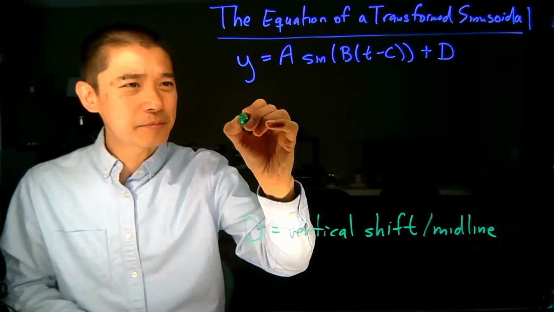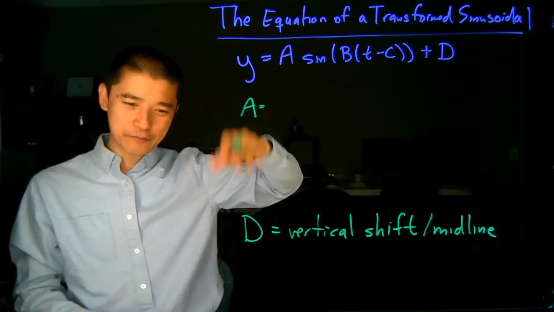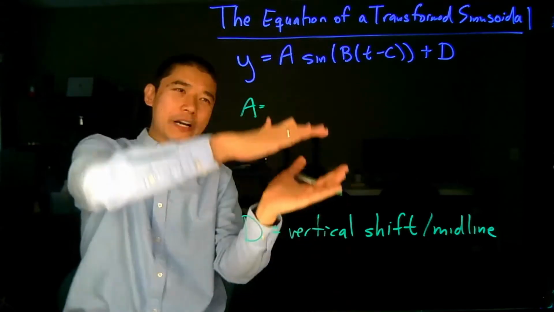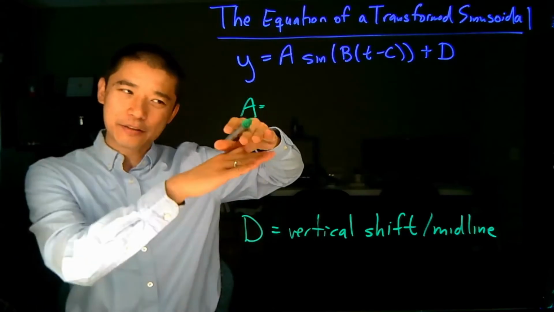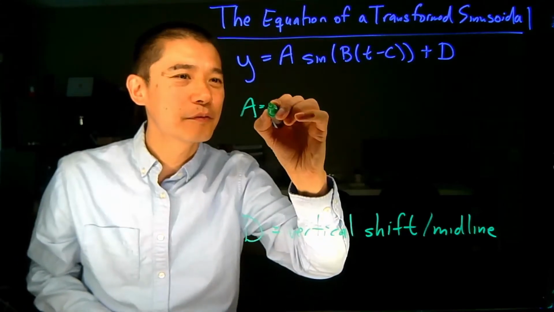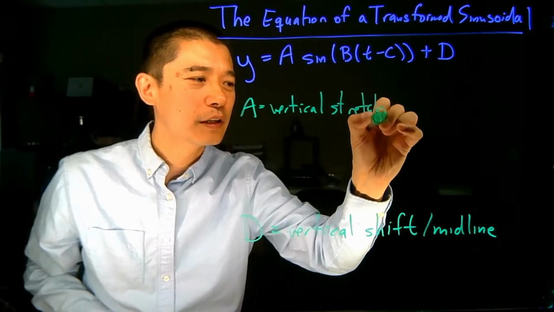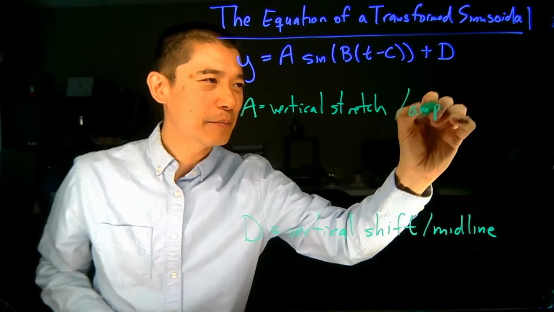The a is the next part we're going to look at. And the reason why we're going to look at this is because this continues in the sense of verticality, and is going to be either a vertical stretch or compression depending on whether a is bigger than 1 or less than 1. But a is the vertical stretch component, and it corresponds with the amplitude, right? The amplitude,